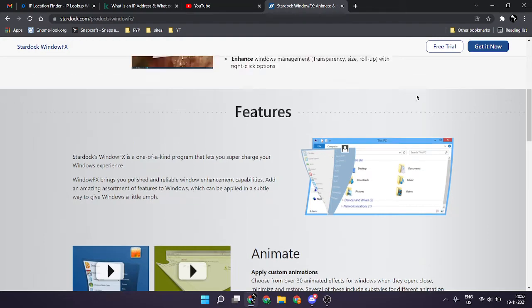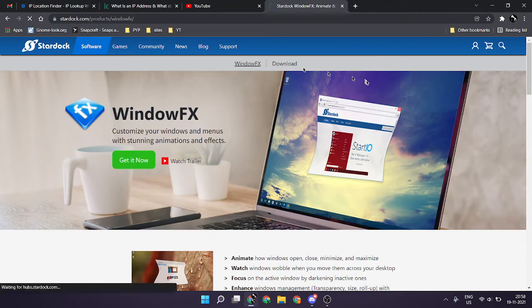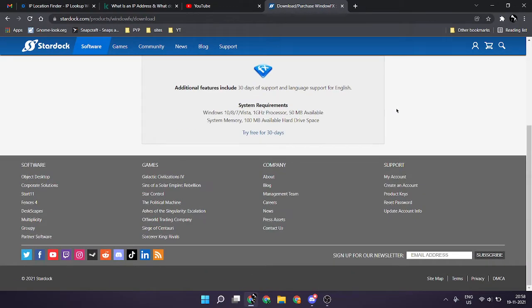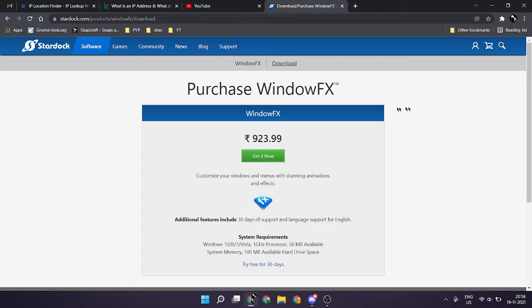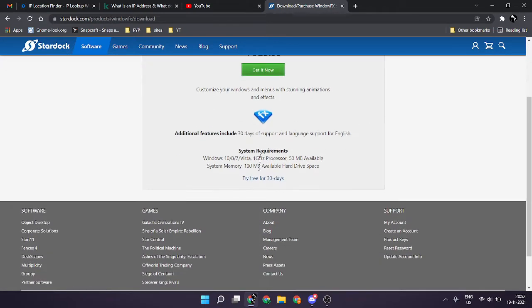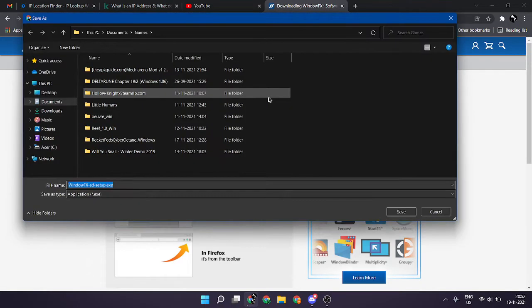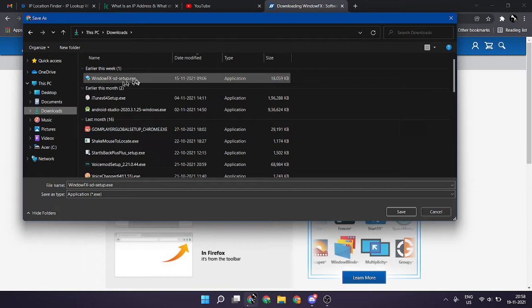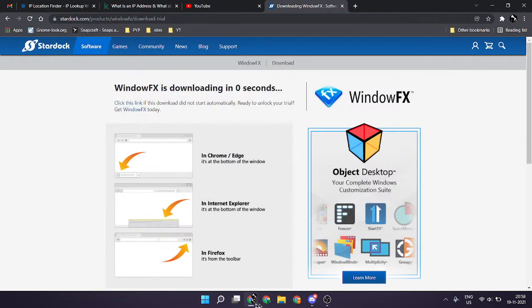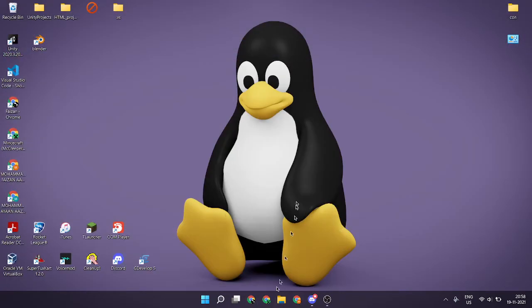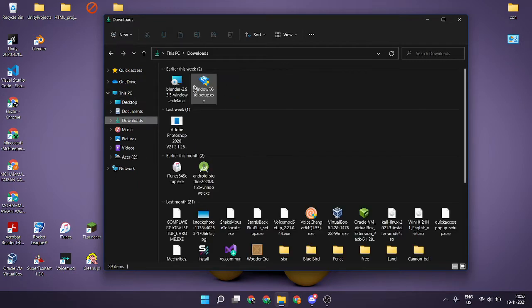So let's just click on download. You can try it for some time and then uninstall it. So click on try for free, and here you should see it downloading in 3, 2, 1, and it should start downloading. I actually have it already downloaded, so I'm just going to click on cancel, and then we can close the browser and open File Explorer and run the setup,